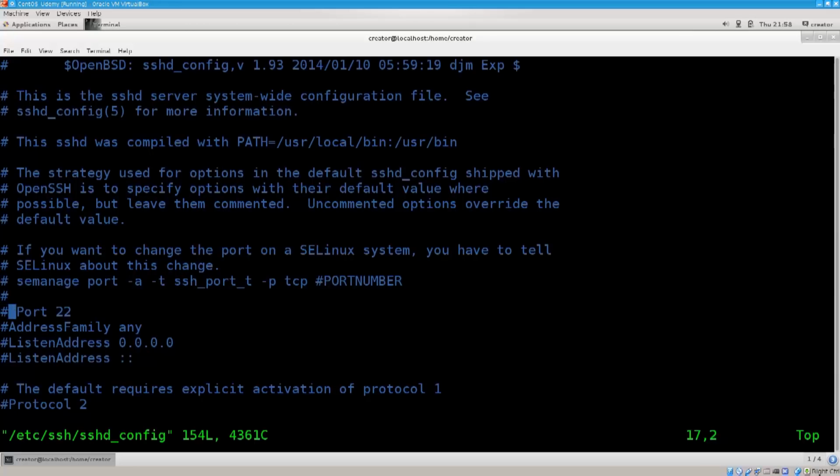You can actually change the port by just deleting this bar and typing in a different port number. You can change the port here if you like, but I will just leave 22. Usually when it goes over the internet, people tend to change the port. Feel free to do so. Down below